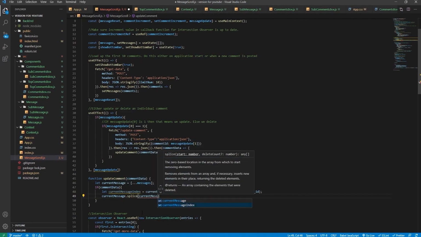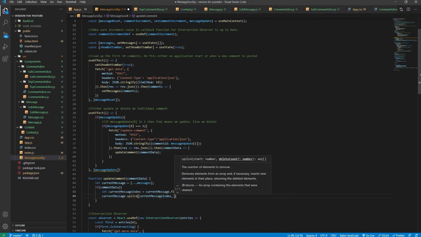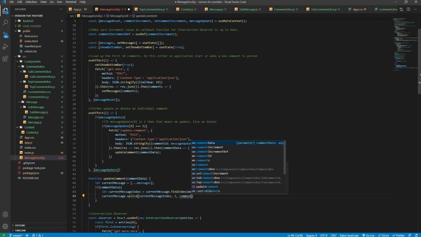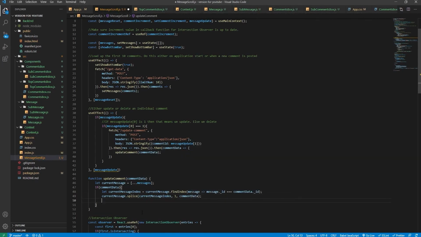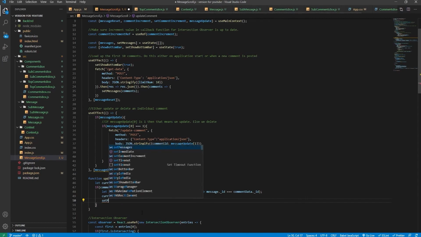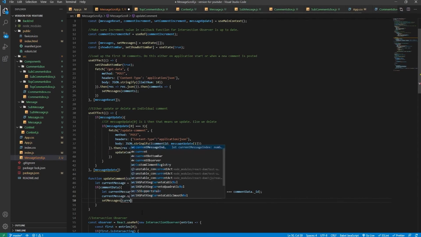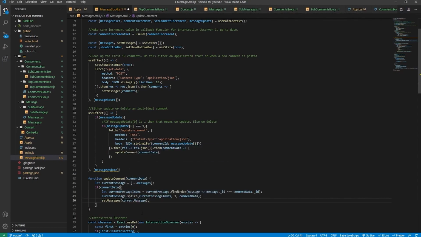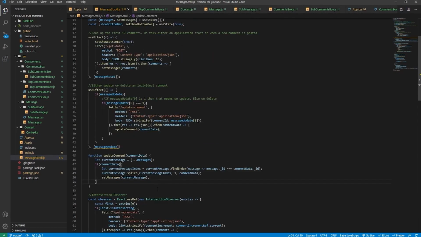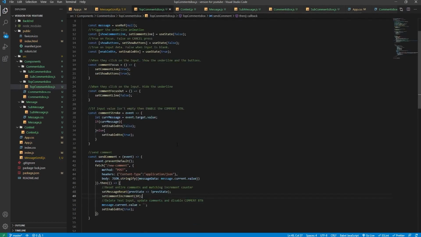The current message index is where we will splice. We will remove the current document and replace it, hence the 1, and replace it with the comment data, which is the updated document. Finally, we will simply set messages to the current messages, like so. Okay, the only thing that's required in order for the update comment to work is